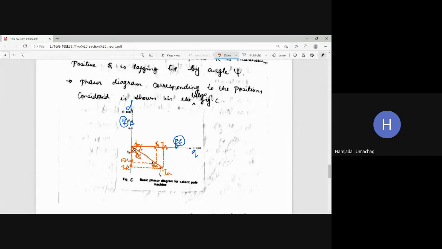Is it clear? Now here we have shown all the values for armature MMF and field MMF, and the components of the armature are distributed into two components, one acting along the direct axis, another acting along the quadrature axis. So this figure tells us the basic phasor diagram for a salient pole machine. Is it clear? At the end, you should draw all this phasor diagram by indicating everything.